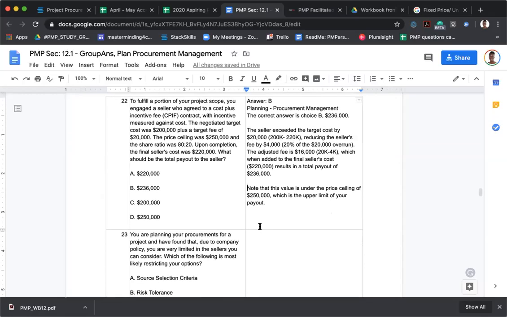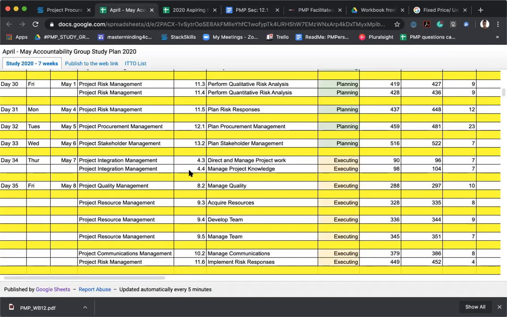And so tomorrow, let's do, I don't know if we could use yours. I really want to do plan procurement. I want to do stakeholder, and then I want to do something else. I thought we finished stakeholder. Are we back to stakeholder again? No, so what we're supposed to get done this week is plan procurement, plan stakeholder, and then tomorrow's Thursday, direct and manage. So I'll probably use my simulator because I could pick from all of these. Okay, so let's do one more to end on a good note.